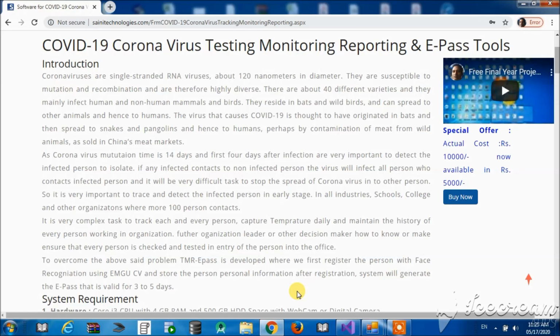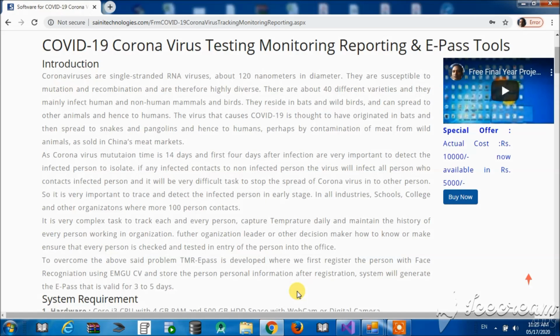Further, how can organization leaders or other decision makers ensure that every person is checked and tested on entry into the office? There is also a big problem of knowing how many people are tested today and how many persons are left out for testing.